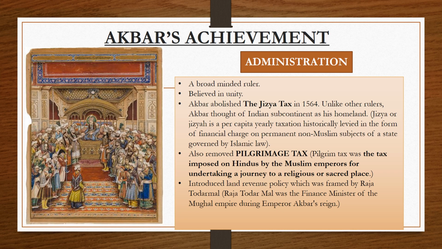Children, we will discuss Akbar's achievements. First, we'll discuss the administration system, then religious policy, and then his patronage of arts. Akbar was an able administrator and a broad-minded ruler. He possessed many of the qualities needed for a great king. He was not a despotic ruler. A despotic ruler is someone who doesn't think about the welfare of his people, who just thinks about himself. So he wasn't a despotic ruler.